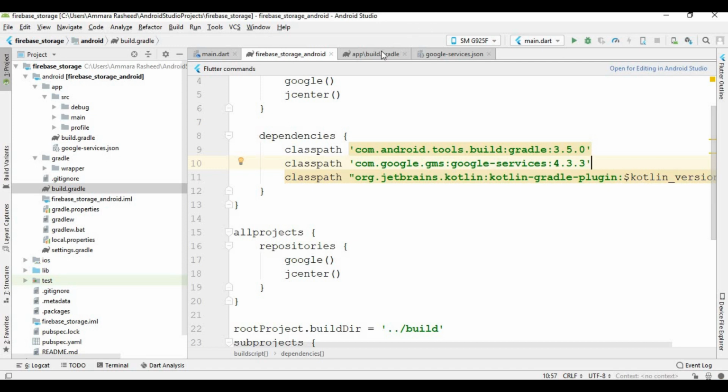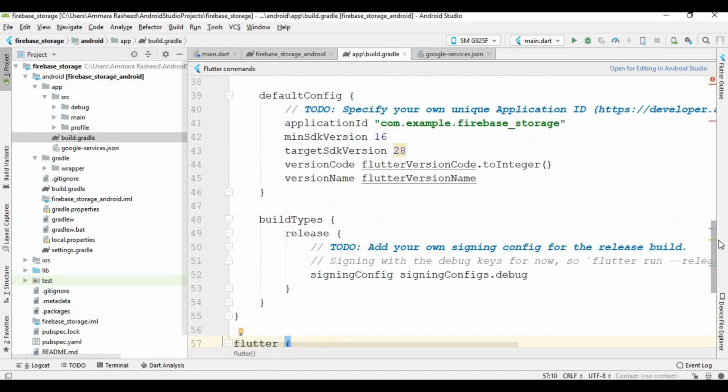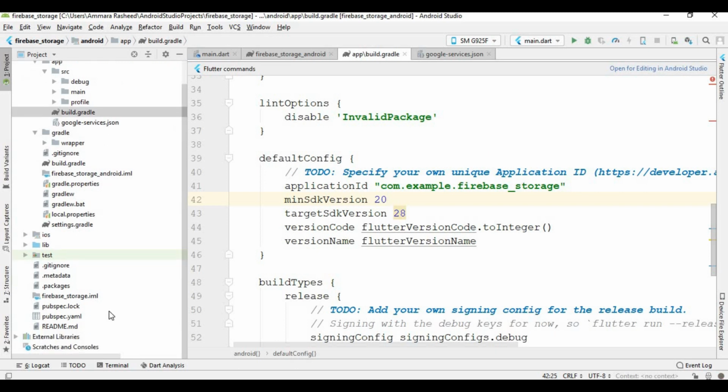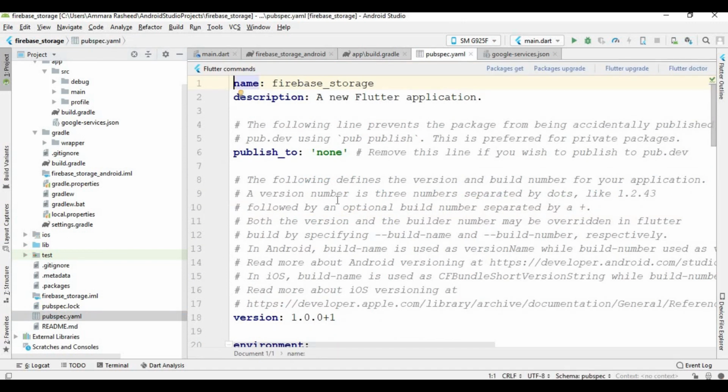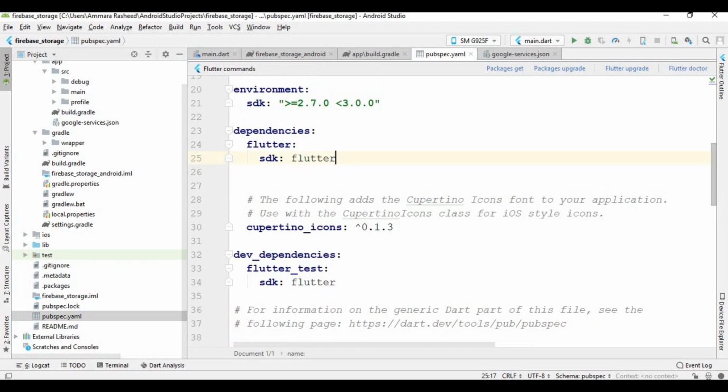And after that, open this file and change this minimum SDK version to 20. And now I am going to add all the libraries inside this file which we use in creating this app. So I paste all the libraries here,